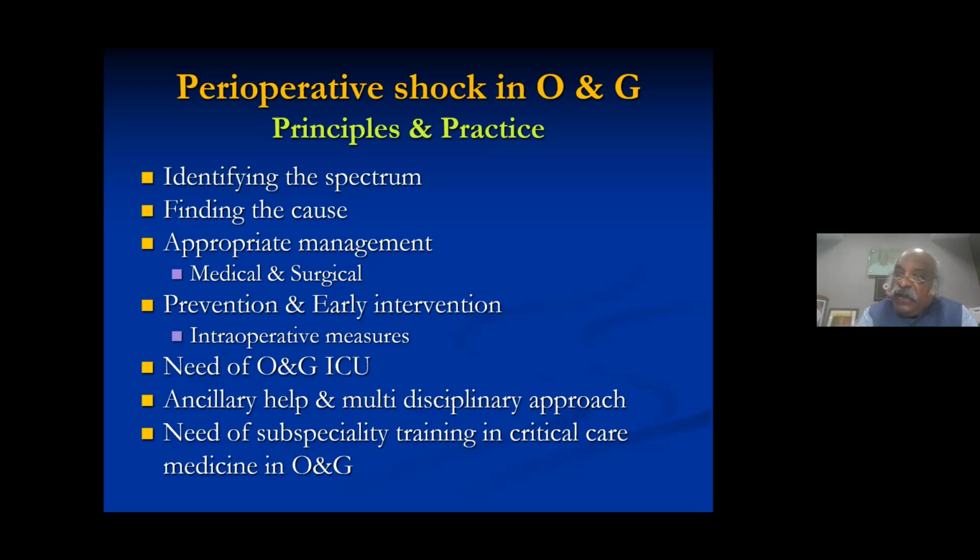And for that, we have to upgrade ourselves. And therefore, I feel that there is a need of subspecialty training in critical care medicine in obstetrics and gynecology. One should know something about critical care medicine, and therefore that should be included in the postgraduate syllabus. When I was an HOD, I distributed a 3 year postgraduate course. I divided it so that for 6 months they would go beyond the gynecology department and serve in different places. 1 month training in critical care unit ICU, I posted.